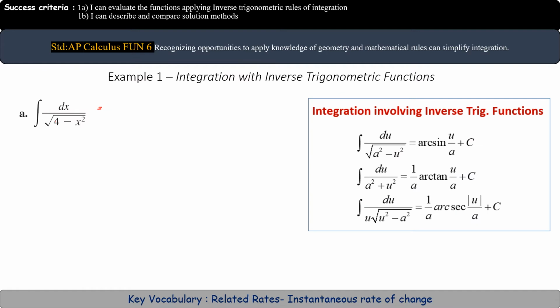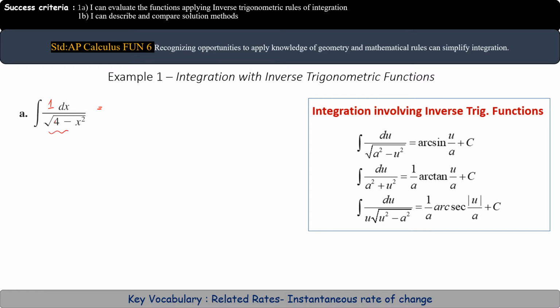Okay, so here are some questions. Let's practice some questions where we can use the inverse trigonometric functions. So, the integral of dx over square root of 4 minus x square. We are not going to apply the long method, or the substitution method. We will do the questions directly. So how can we write it? Look at this. The derivative is not in the numerator. It means there is a constant in the numerator.